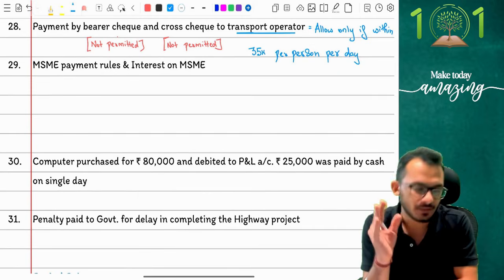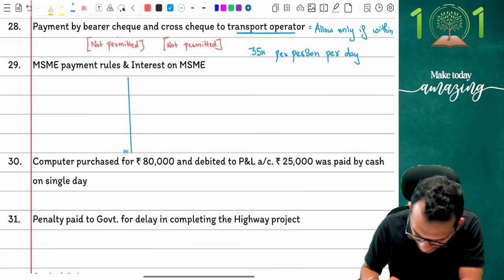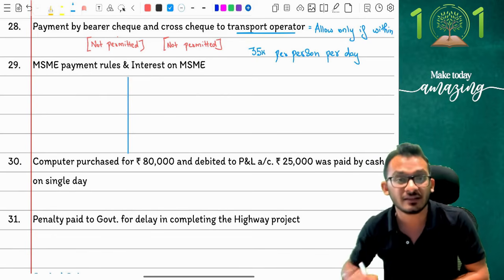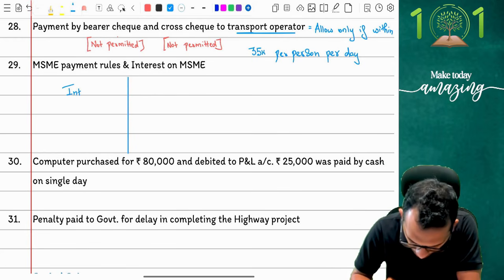Good to go? Good. We are moving to question number 29, adjustment number 29, people. Adjustment number 29 basically says they want to know what the MSME payment rules are and the interest on MSME conditions. Let's answer it one by one. First, let me talk about the interest on MSME. Income tax says any interest on MSME,